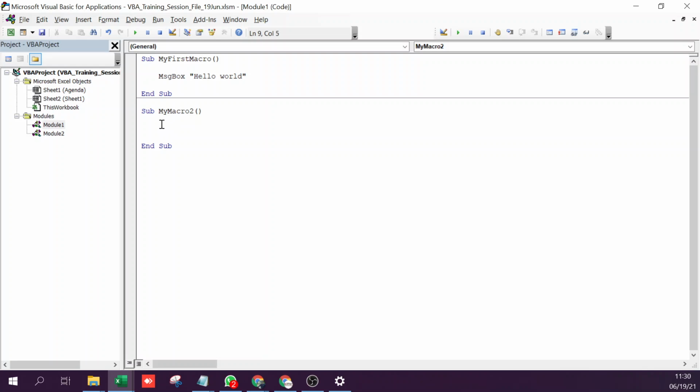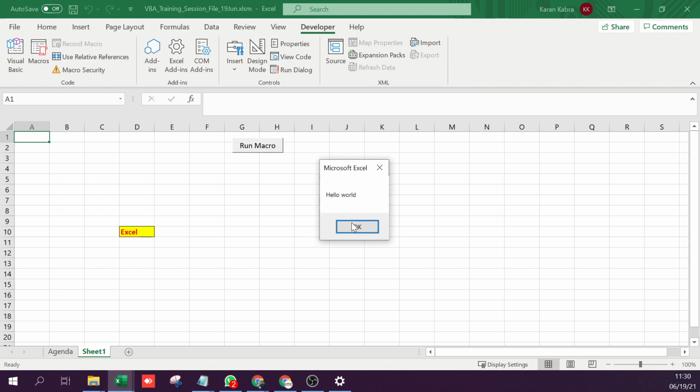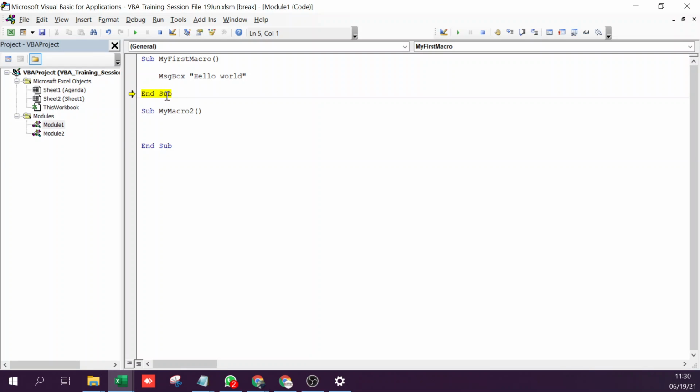Now, the way this code is read is from top to bottom. So whenever I execute the code, for example, I try to execute the code from this code, right? So I'll press F8. F8 is the shortcut to go from one line to the next line and so on. I go to the next one, and when I press F8 again, now it will run it, and now it goes to end sub. So this is how the code is run from top to bottom.